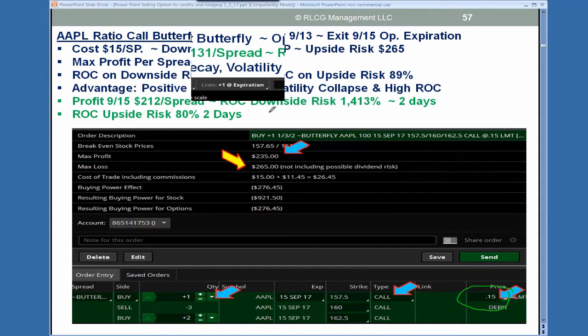and we've seen this happen about 3 or 4 times in 2017, and every time basically we had over 90,000 on the call side on a monthly. It almost nailed it directly to that strike, and that's what we had on the 160 strike. We had a huge amount of open interest at that 160 strike, so we set that up for that target, and it cost $15. Now the upside risk on this would be $265 if it went straight up,